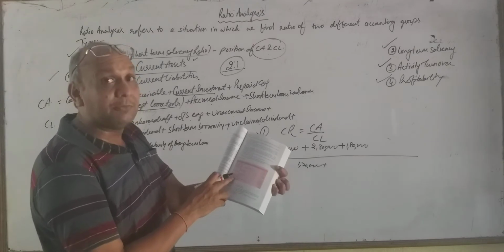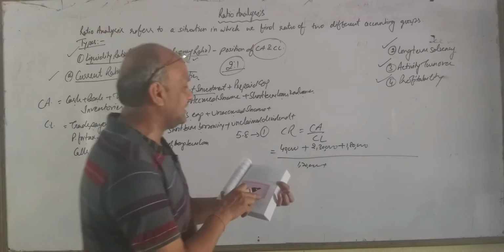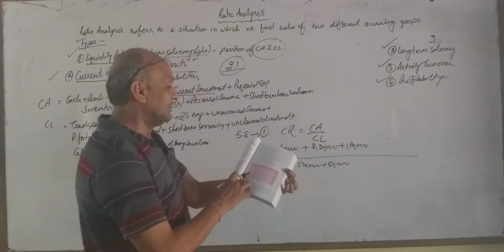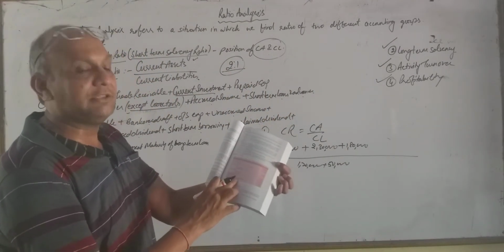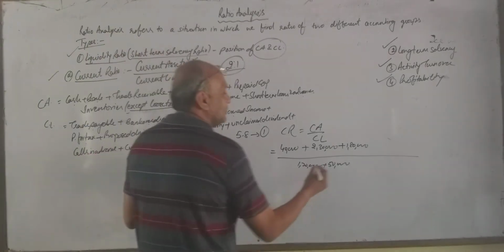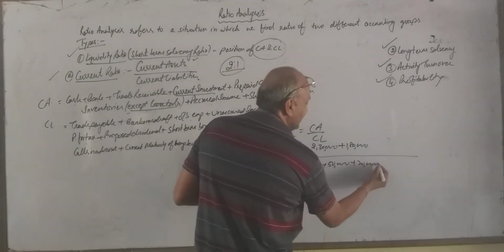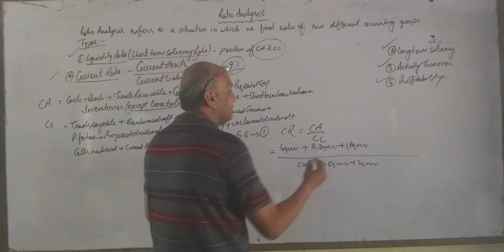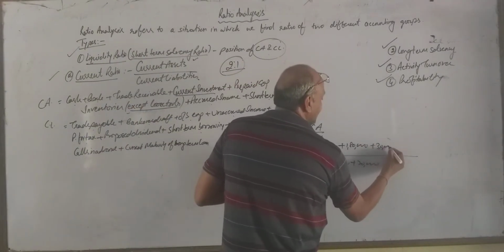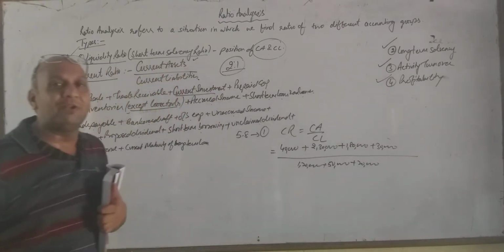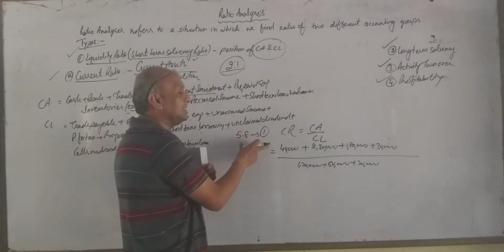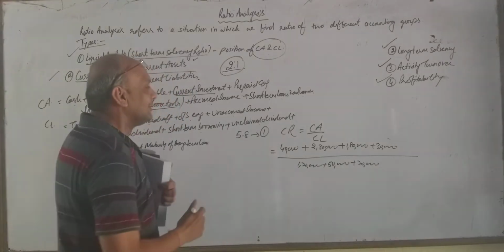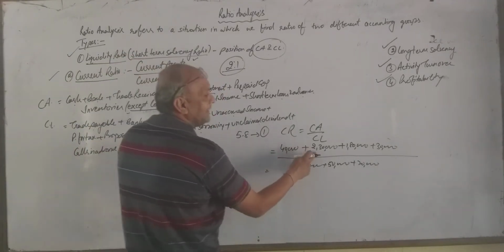Then we have been given short-term borrowing. It is part of our current liabilities, plus 50,000. Then we have short-term provision, that is provision for tax, 20,000. So plus 20,000. And the last item given is cash and bank, 30,000 rupees. Cash and bank is our current assets. In this way, we take current assets in the numerator and current liabilities in the denominator. So let us make the total here.